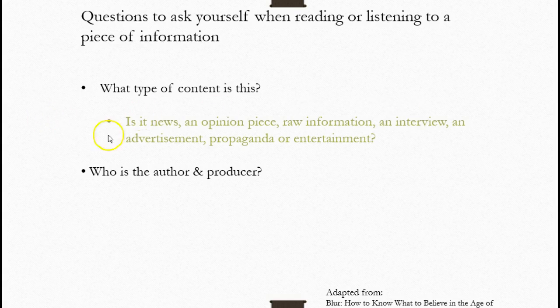An advertisement, we've all seen them. Propaganda, which is similar to advertising, but propaganda is slanted to inflame emotions and to perhaps further confirm biases and beliefs that we all already have.